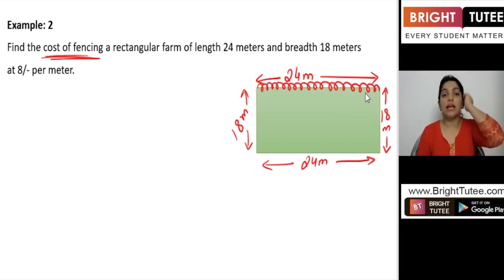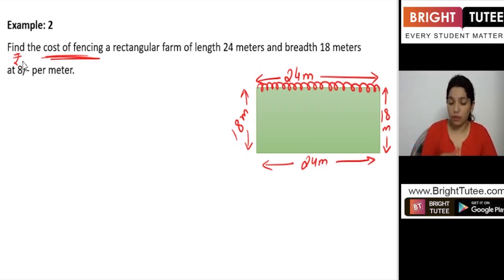So here it is given that the cost of fencing this particular rectangular farm is rupees 8 per meter. Here the rupee sign is missing, so it is 8 rupees per meter. For every meter, say this whole is 24 meters, if we are dividing this into 24 parts, each part, 1 meter, is costing 8 rupees to us. Okay, let us see how you can use this information. We'll do it later, but first of all what we need is how much wire, how much fencing is required all around this particular farm. Okay, so let us write down the perimeter